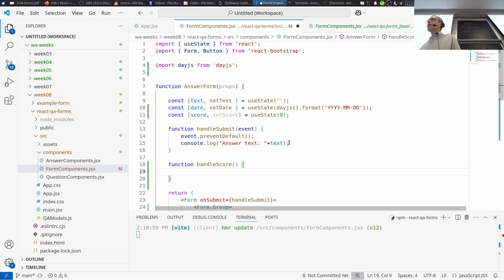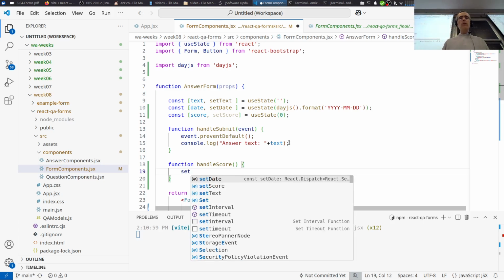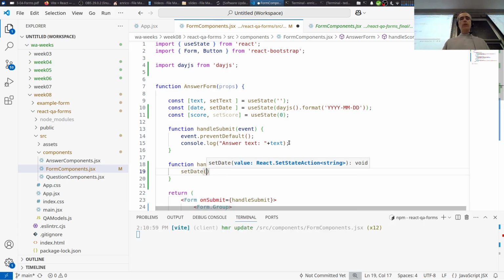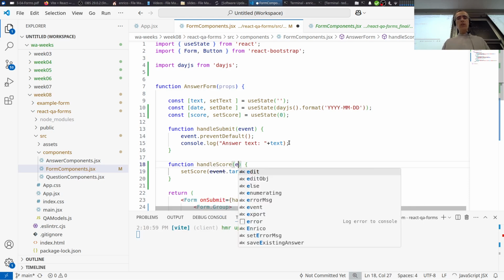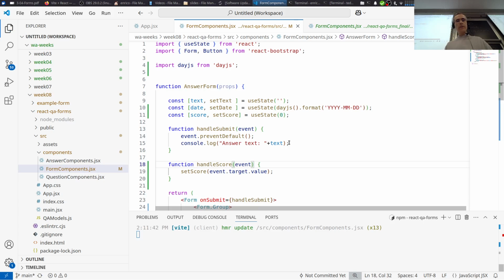I think, well, here you can just set the score, event target value, and of course we need to receive the event. Okay, I mean, actually, just in this way we wrote a function which is not an arrow function directly there,